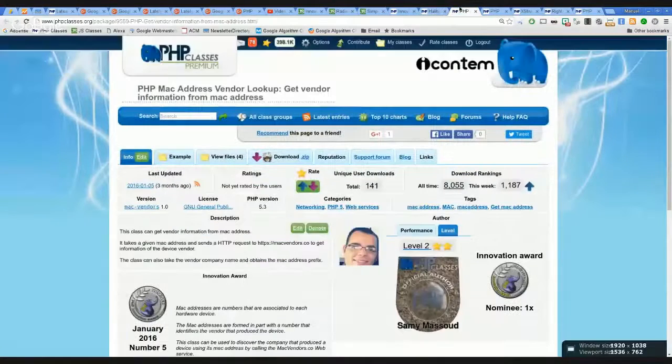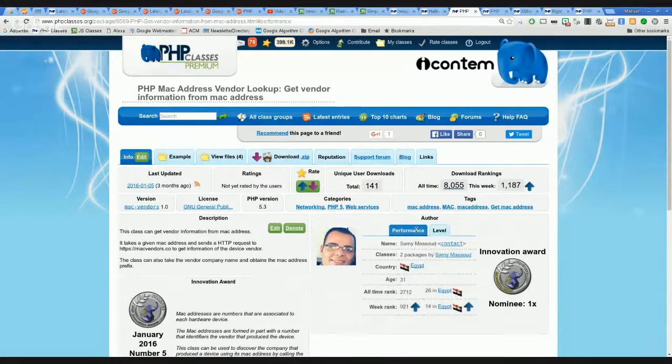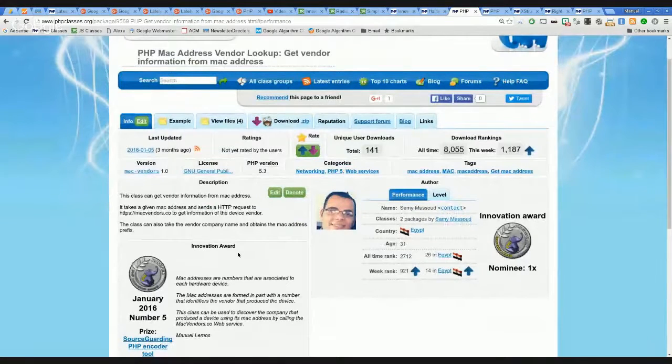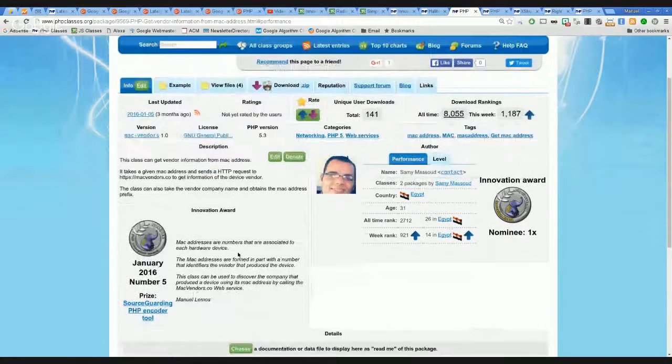So the next package that I wanted to comment on is this one called PHP MAC address vendor lookup by Sami Massoud from Egypt. And what this package does is use a web service to look up a given MAC address and identify the vendor of that MAC address.